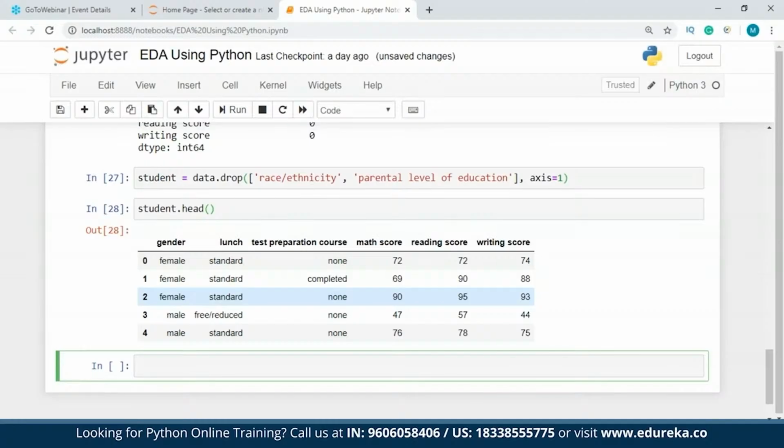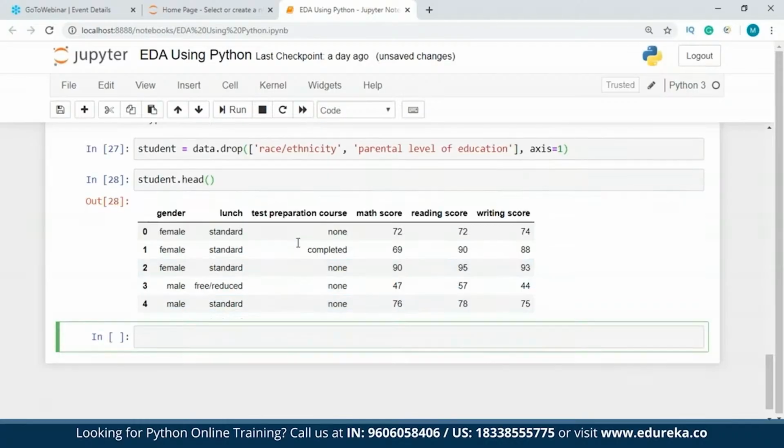If you want to know more about outliers, I will tell you what outliers actually are. In statistics, an outlier is a data point that differs significantly from other observations. Let's say you have math scores like 72, 69, and suddenly somebody has a 0 or 1, so that is going to be an outlier. An outlier may be due to variability in the measurement, or it may indicate experimental error as well. The latter are sometimes excluded from the dataset because an outlier can cause serious problems in statistical analysis. So that's why we have to look for outliers. And in this dataset, we don't necessarily have any outliers, so we're going to leave that